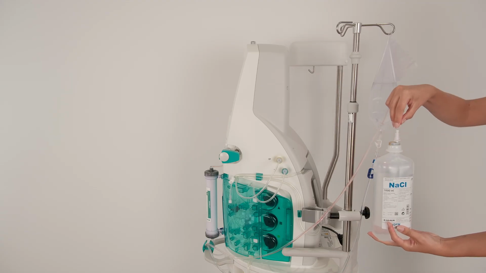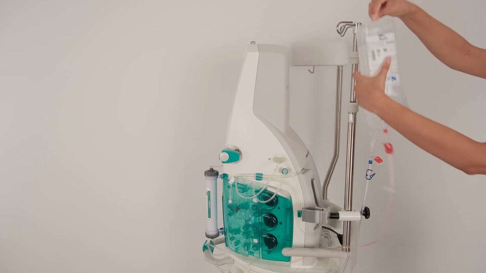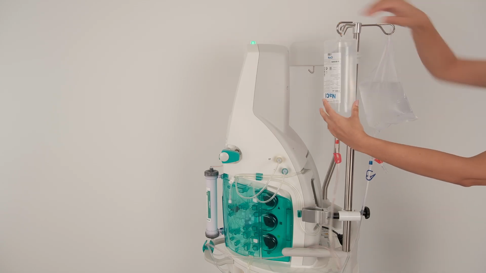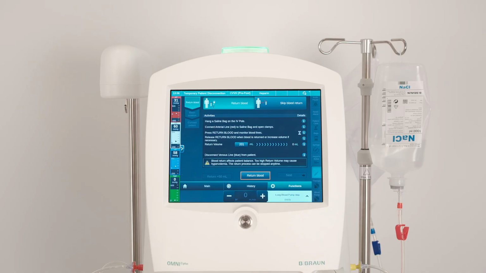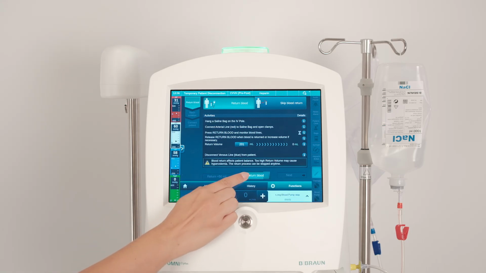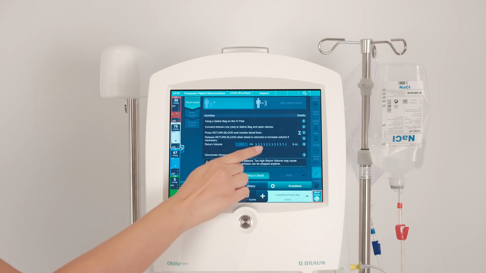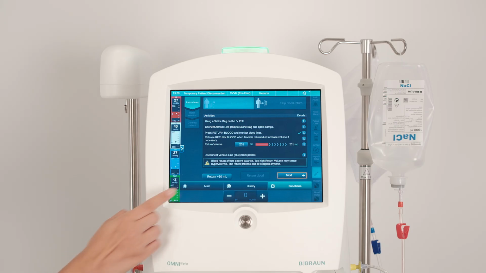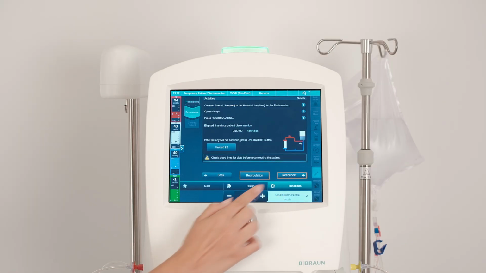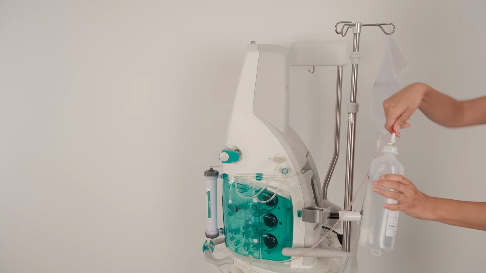Connect the arterial line to the saline solution. Open clamp on arterial line, and then press return blood after having unclamped the arterial line. You can follow the amount of saline infused to return the blood on the progress bar. You can also add 50 milliliters after the set volume is delivered if necessary. Press next. When the reinfusion volume is achieved, clamp the arterial and venous lines